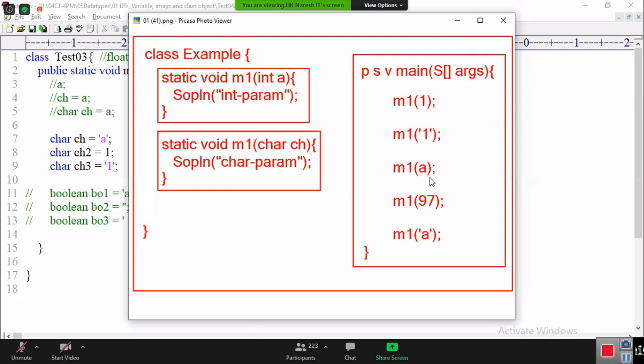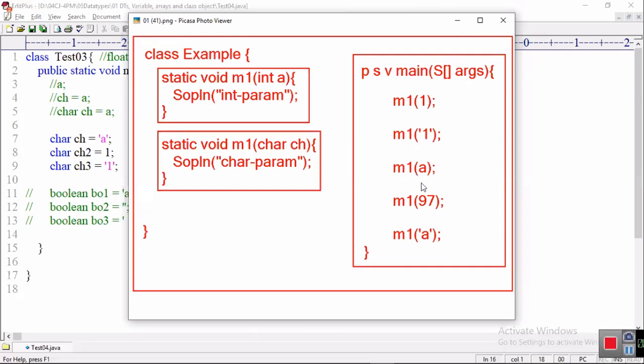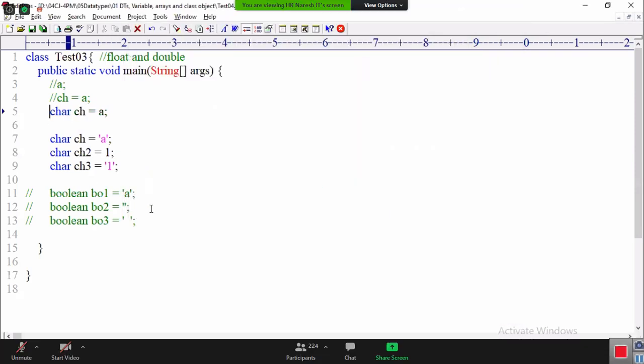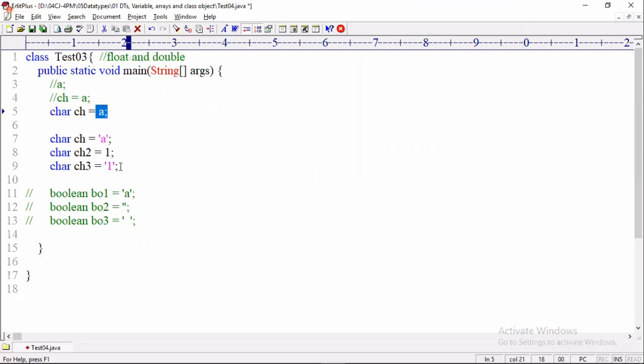m1 of A. Just now I explained what A is. If you don't write A in single quote, it is considered as a variable.